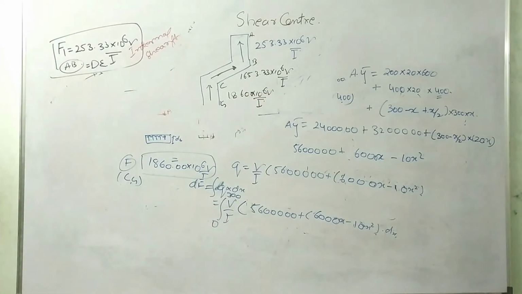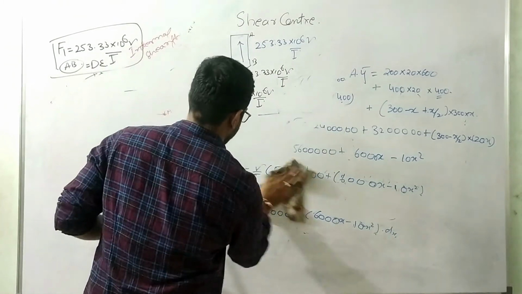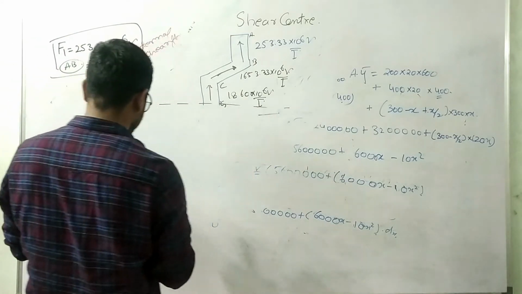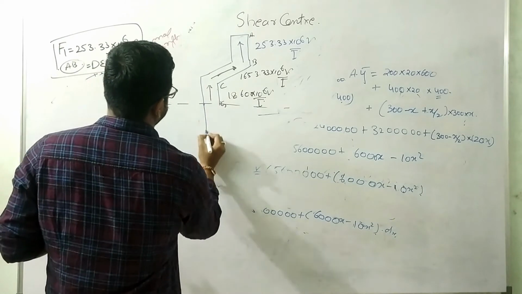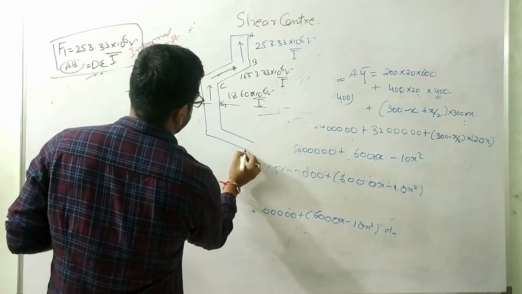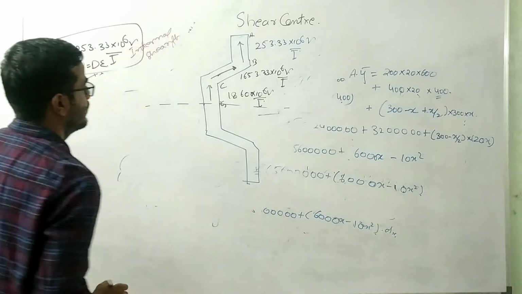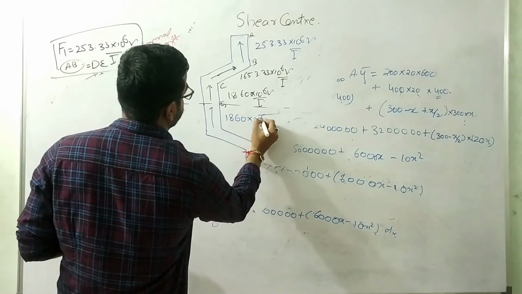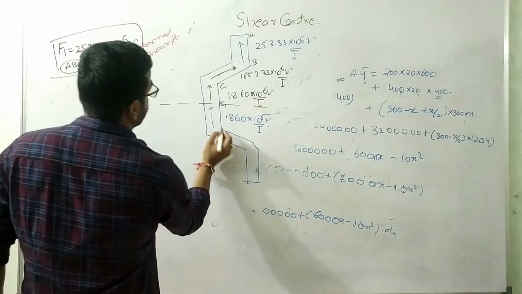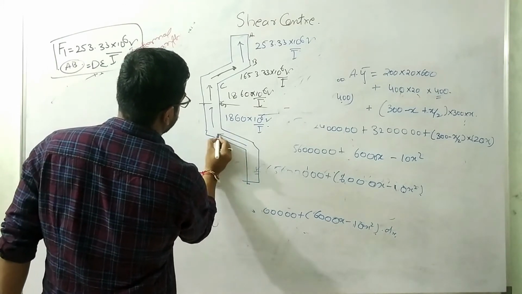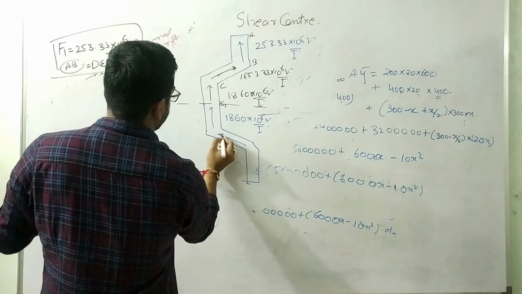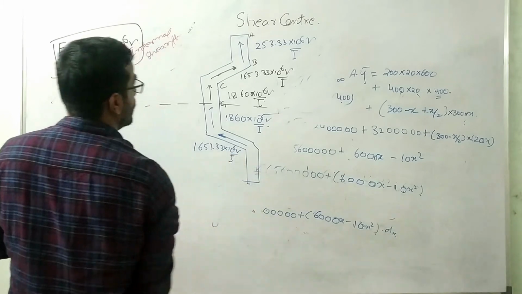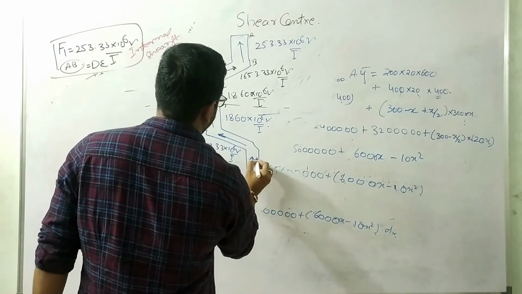Right? So at this junction, at this point, this is our neutral axis. This is also our neutral axis. Because it is symmetrical about this axis, again the net force will be into 10 to the power 6 v over I. For this portion, the net force again will be symmetrical, so it will be 1653.33 into 10 to the power 6 v over I. And this is symmetrical about this thing, so again it will be the same.